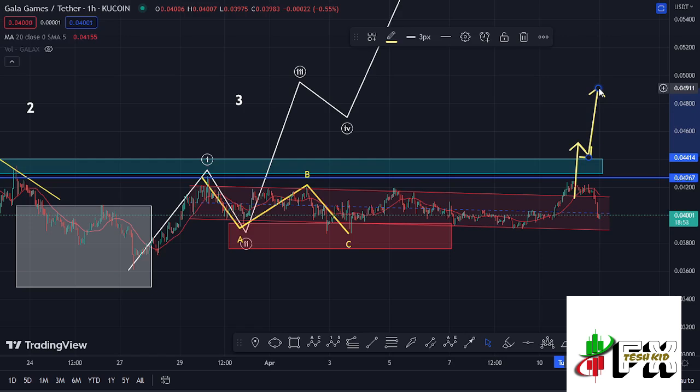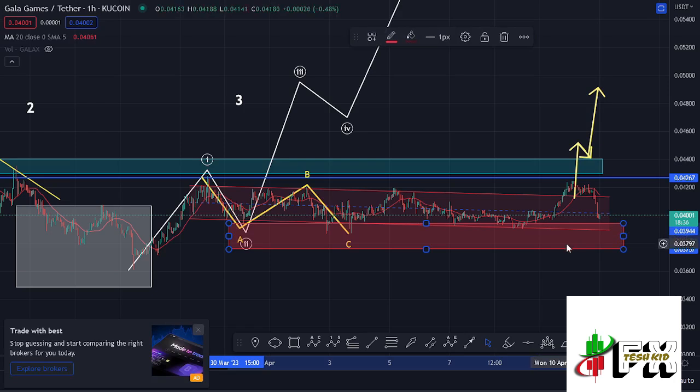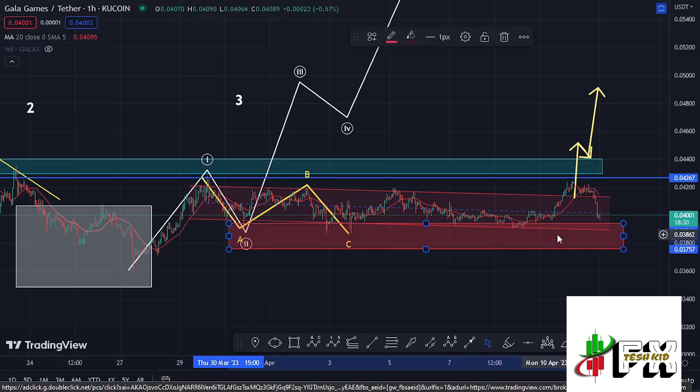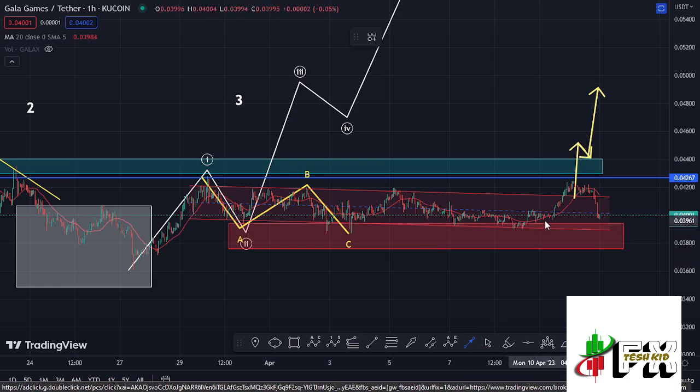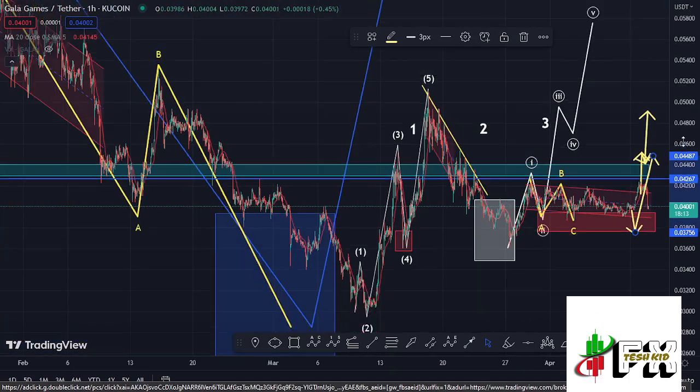But in case the CPI data comes out as negative, that is, has a negative impact on the market, then there are high chances that we are going to get one more low in the formation of this wave 2 within this red target area. And as long as we are holding within this red target area, for me the trend is still up here on the Gala Games chart. We'll just get one more new low, then start gearing up in the formation of that wave 3 to the upper side. And that is what I'm expecting here on the short-term scenarios, and giving you the long-term scenarios,